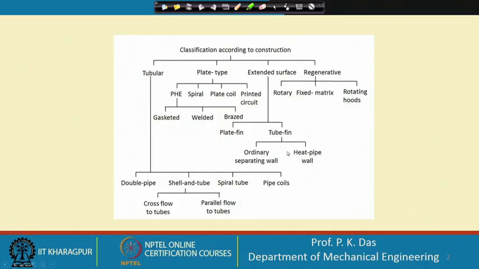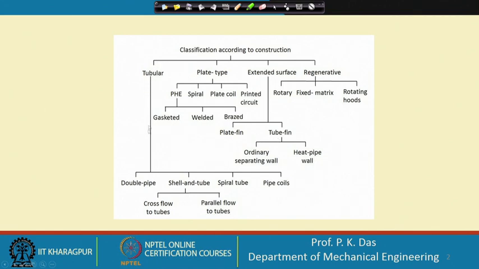So, we have to be careful so that we can reduce the tendency of fouling with the design of the heat exchanger itself, or we can keep provision that opening and disassembly of the heat exchanger is possible within no time. So that we can clean it and put everything back together to get a clean heat exchanger to start the operation once again. So, according to geometry we can have different kinds of heat exchanger.